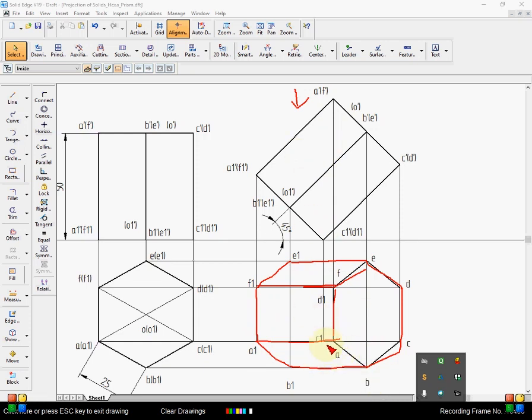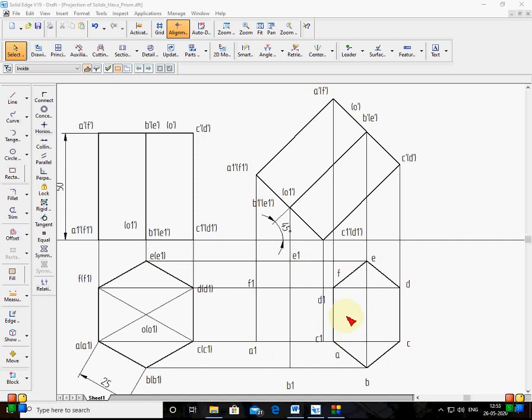Next, the remaining points. See, C1 remains and D1 remains. They are resting on HP here. This corner C1 and corner D1 are both not seen. That's why the lines going from these corners are all hidden. That means C1B1 is hidden, C1C is hidden, C1D1 is hidden. And D1D, the longer edge, is hidden. D1E1 is hidden. So these are three lines from this one. In this way it is a figure. I hope you can understand this, analyzing the hidden lines and seen lines.